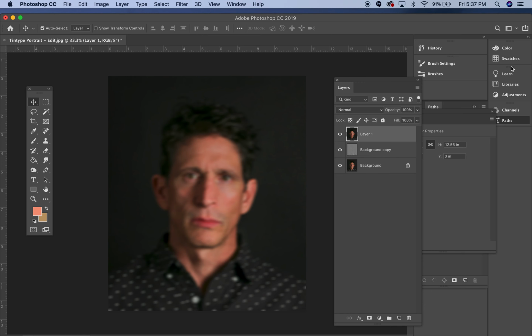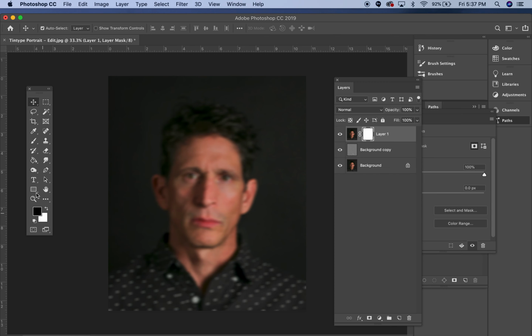Now, we want it blurred on the edges, so we want it to be clear in the middle, obviously. How we do that is, and I know I'm introducing a lot of odd things, you're just going to go with me right now, and you'll get used to using some of this. We're going to apply a layer mask, which is down here, this little rectangle with a circle in the middle. You need to make sure you're on this layer, and you go down here and click it. What this does is it gives you a little overlay, and what we're going to do is, that's my dog chasing my cat. We're going to make sure this is selected,